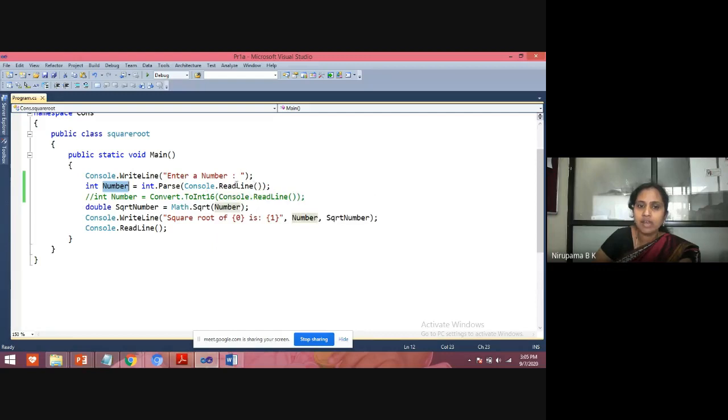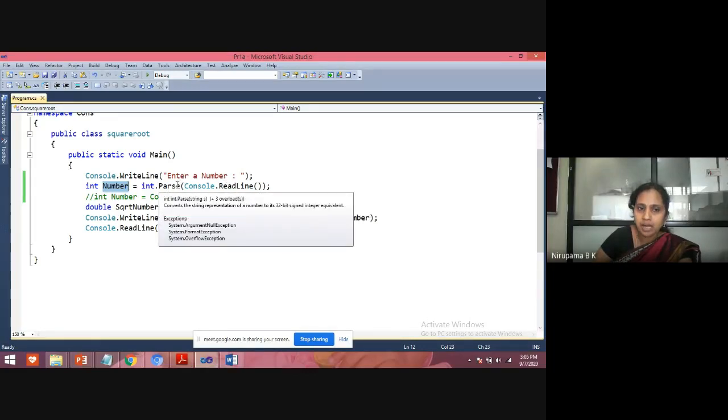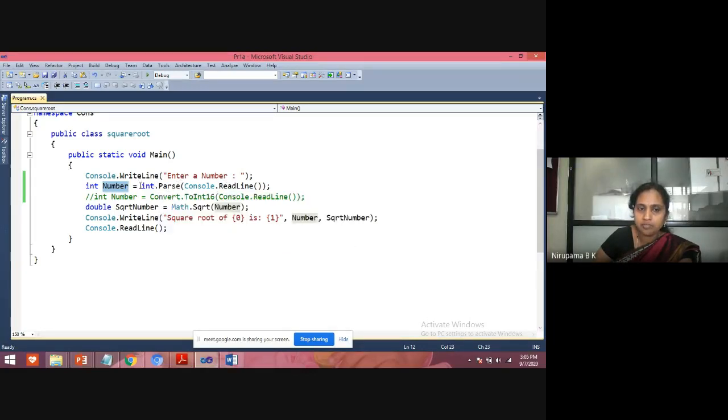Whatever value you take from the keyboard will be passed as an integer and stored in the variable number. Using this built-in Sqrt function, it will calculate the square root of the given number.